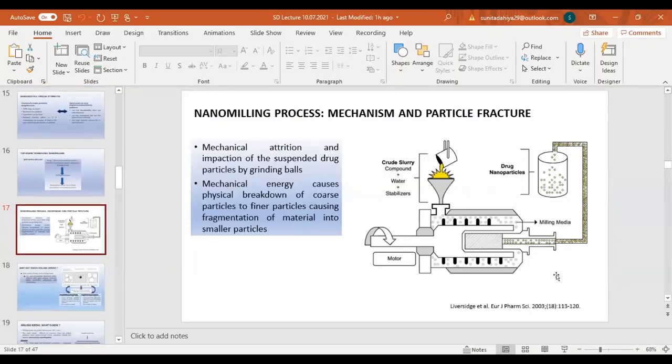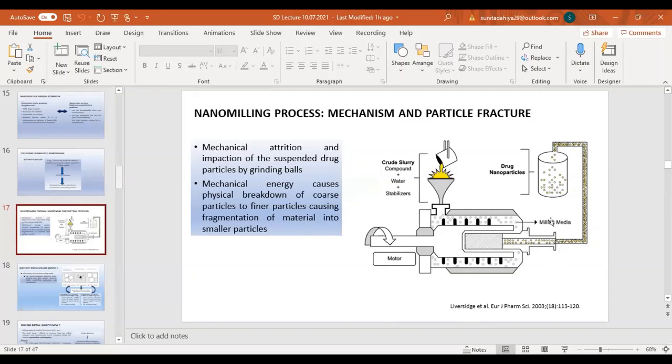Now this is the basic design, right? This design has many other variants depending on the production scale. What we are showing here is a small piece of equipment for laboratory research. So you see here the milling chamber, right? If it is a very small tabletop equipment, then they will give you a small jar in which you can load the slurry consisting of your drug, water and stabilizers, and then you have to run the machine.